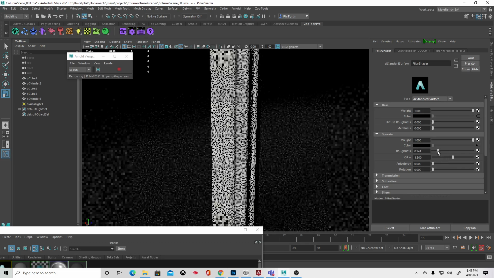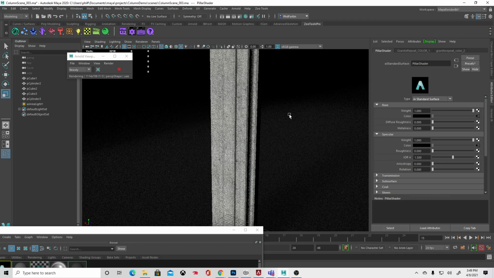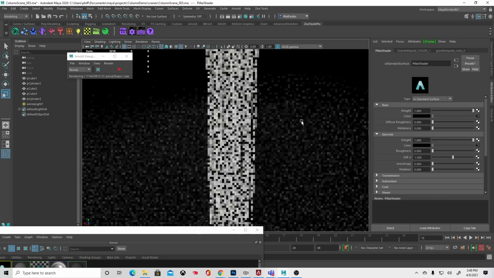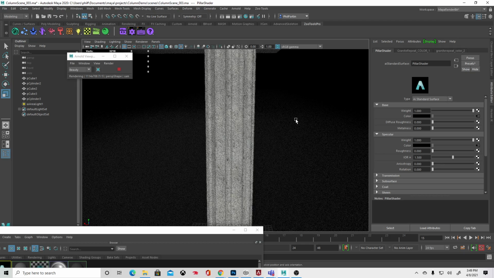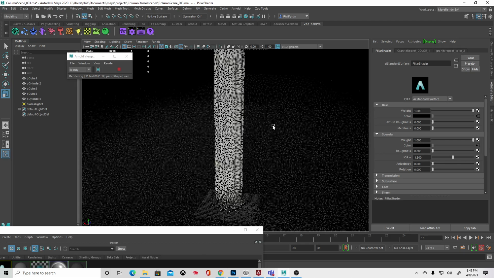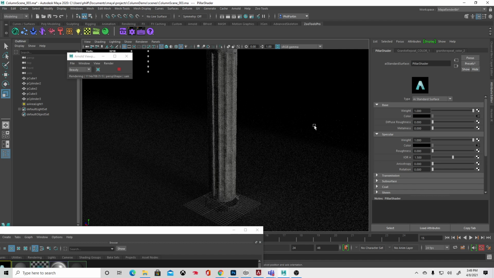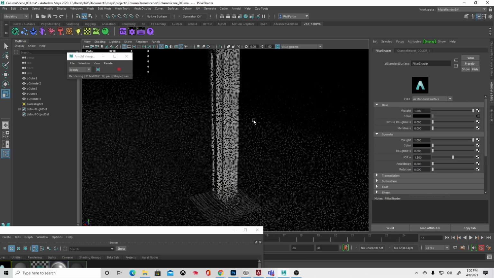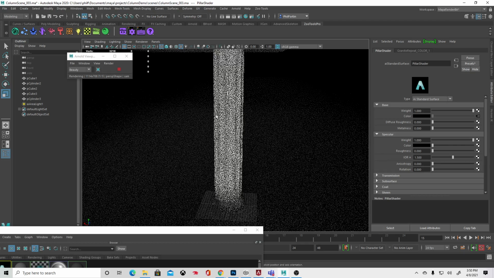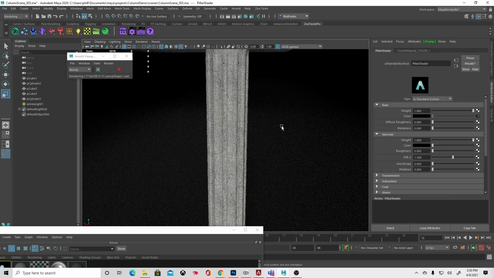But I can adjust the roughness. If I go down to 0, what you're going to see is I should get like a shine to the surface. But I won't because that weight's so strong. So like if I break the connection here, let's break the connection. You'll see